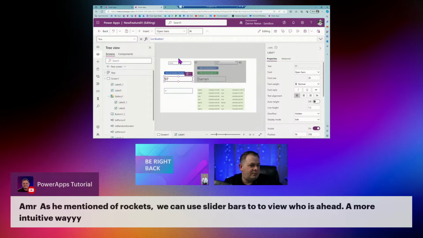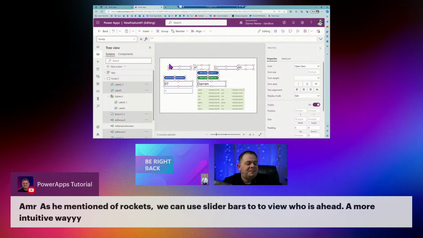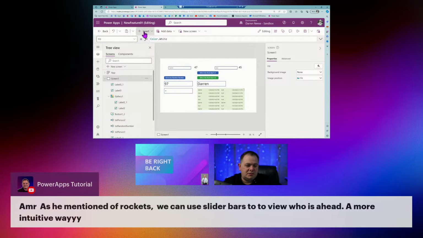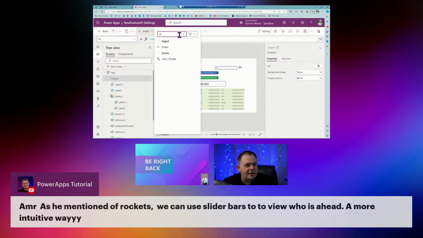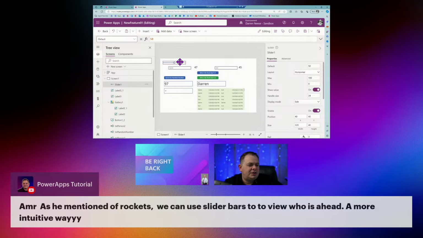So what I'm going to do is move everything down a little bit. The question is, do we use the classic slider or the modern slider? It should be able to work with either, of course.